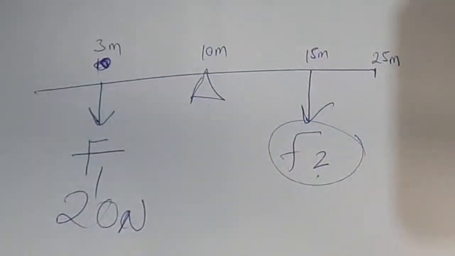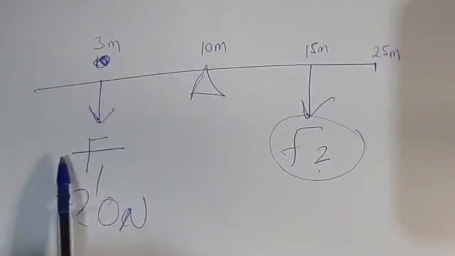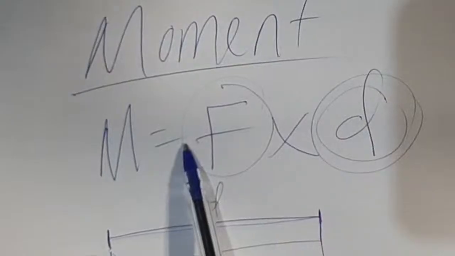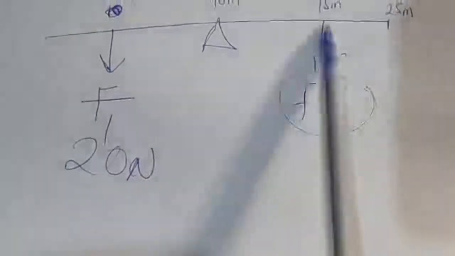Now, notice what is happening here. You cannot use the moment, you cannot use this for one thing. You are supposed to use the principle of moments. That's where it now comes in. So here, it means